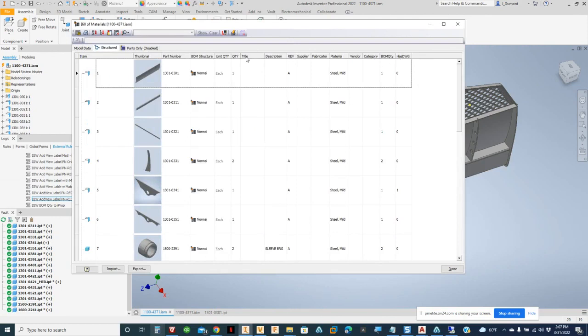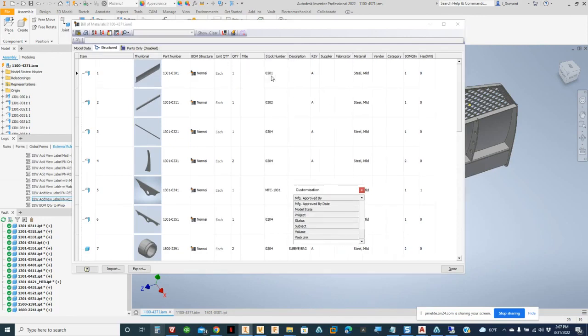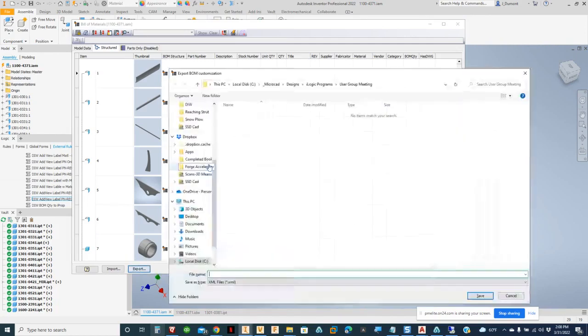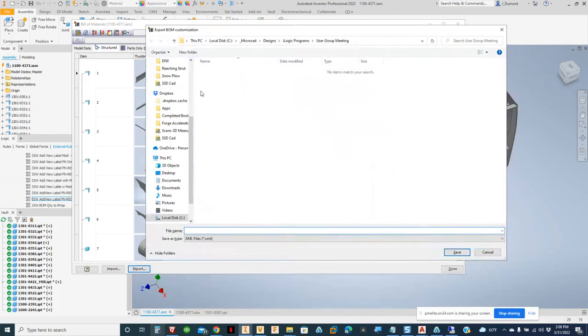Go to my structured. Like right now, here's my BOM quantity. Let's see, what am I missing? I don't see my stock number. We'll add that over here. I also like to move things around a little bit. Here's my BOM structure, I'll bring that over here. Here's my part number, there's my description, and my stock number is here. And I find it tedious, and I see people constantly going into their assemblies and having to manipulate this. Once you have it the way that you like it, export it. A lot of people aren't aware of that little export capability. I'm going to put it in